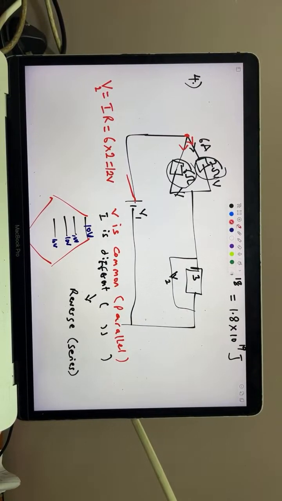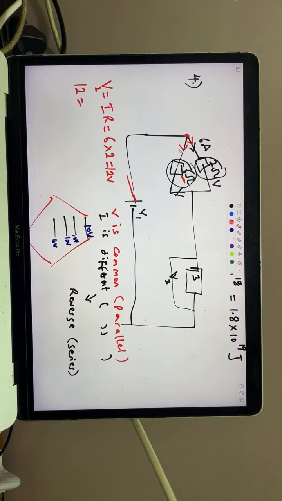If 12 volts is going into the 2 ohm resistor, the 6 ohm resistor down here, which is in parallel with this, also experiences the same voltage, because they are a parallel connection. So that means that this V in this place too will also be 12 volts. And so we can say that 12 volts, for the 6 ohm resistor,